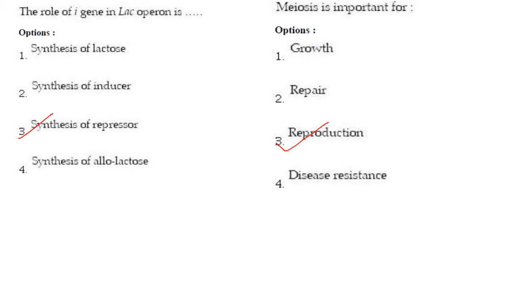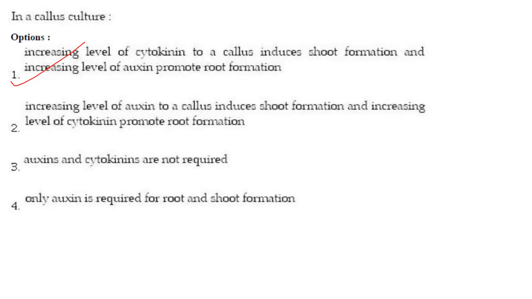Next one. Meiosis is important for option 1, growth, 2, repair, 3, reproduction, 4, disease resistance. Answer is option 3, reproduction. Next one. In callus culture, option 1,